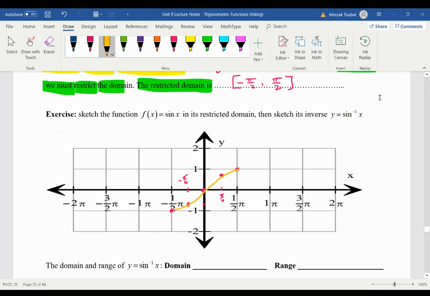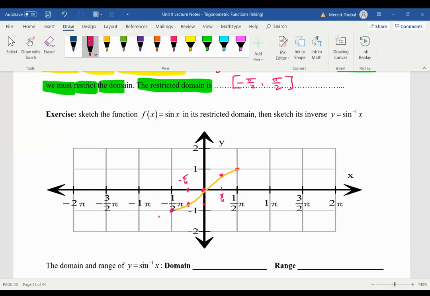Now, how do we sketch the graph of sine inverse? Since the x and the y switch, the x of the original function becomes the y of the inverse function, and the y of the original function becomes the x of the inverse function. So that means this point here, where the x is negative pi over 2 and the y is negative 1,